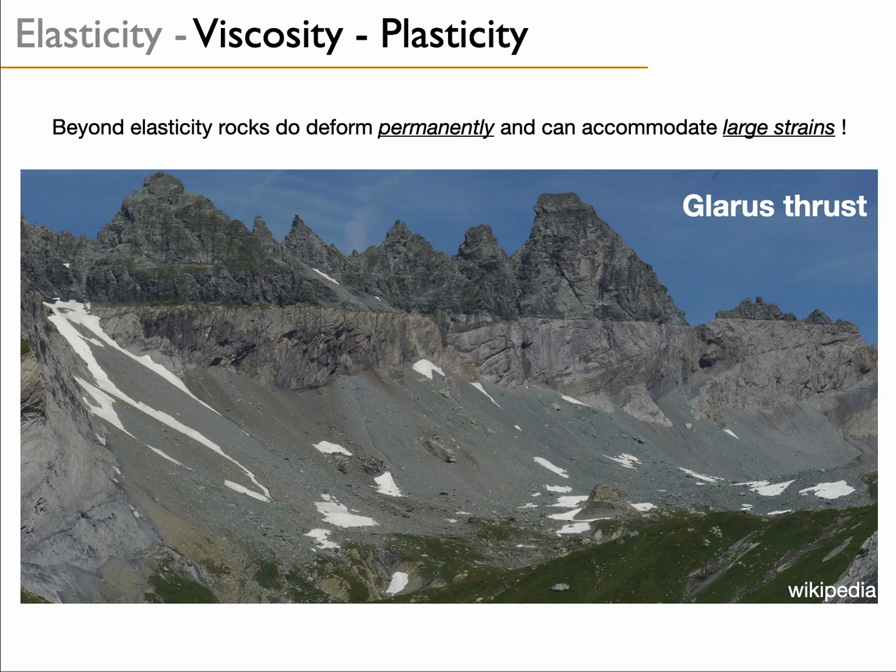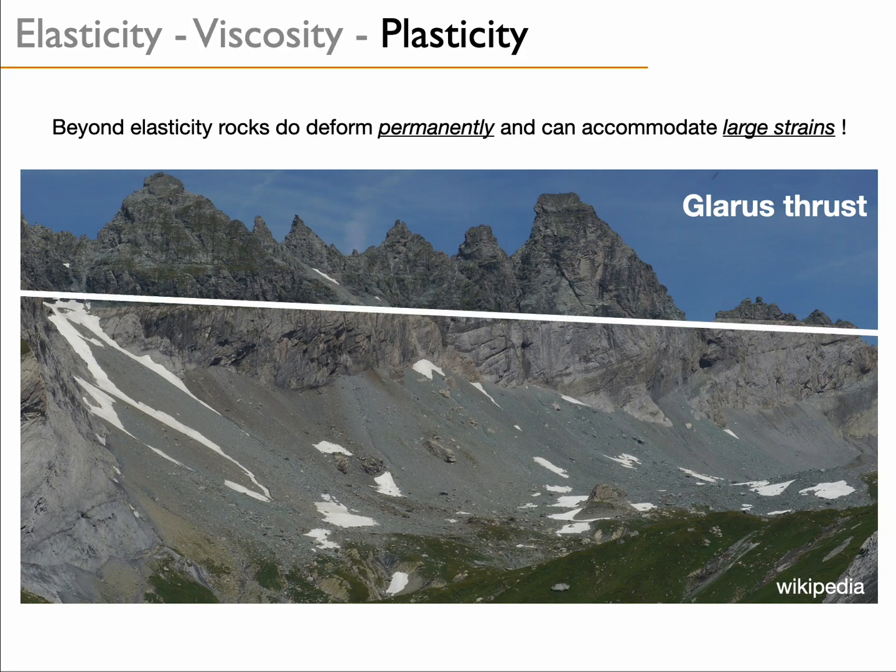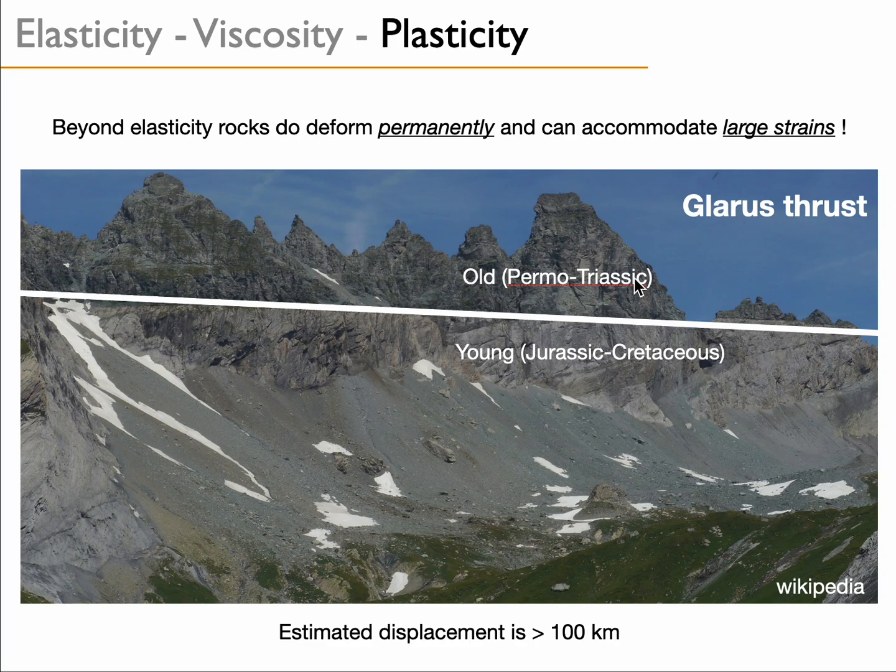So beyond elasticity, the rocks do deform permanently and they can accommodate large strains. This is a very nice picture of an outcrop in the Alps. This is called the Glarus thrust. You see two colors of rocks separated by a sharp line here. That's the Glarus thrust plane. On top you have old Permo-Triassic rocks. Underneath you have younger rocks of Jurassic to Cretaceous age, and the displacement is potentially larger than 100 kilometers, so